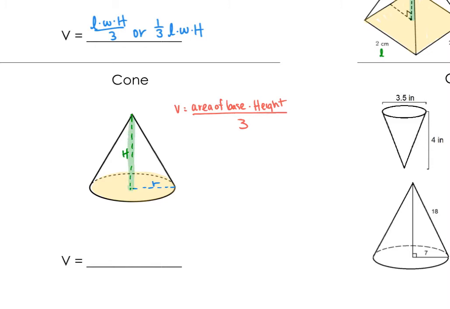Okay, so being more specific for the volume of a cone, the area of the base is pi r squared times the height of the cone divided by 3. So the volume is pi r squared times the height divided by 3. Or,